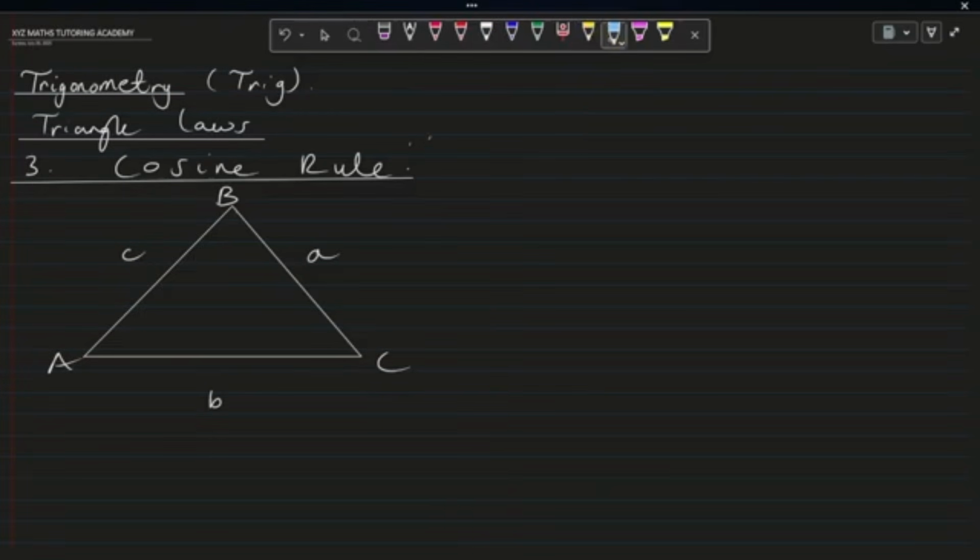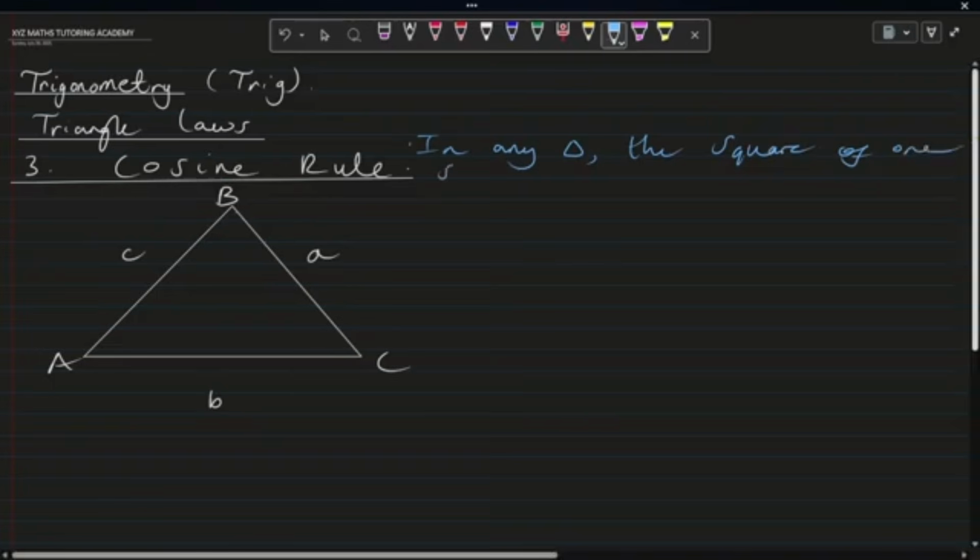The statement is that in any triangle, the square of one side equals the sum of the squares of the other two sides